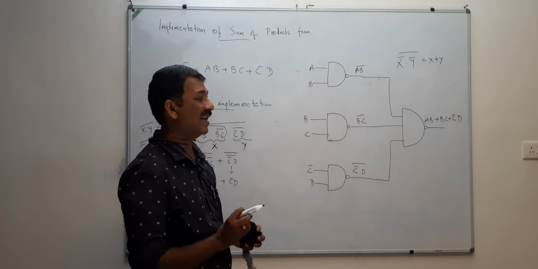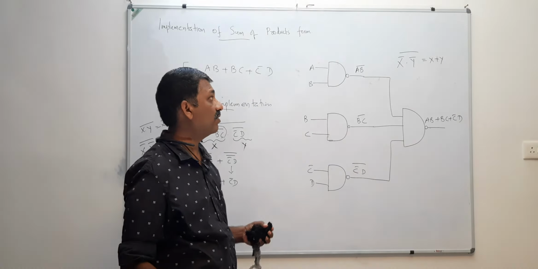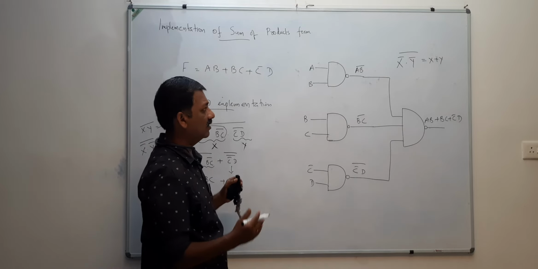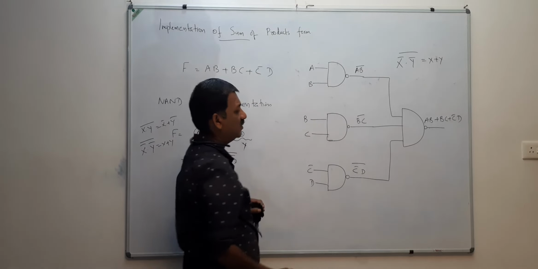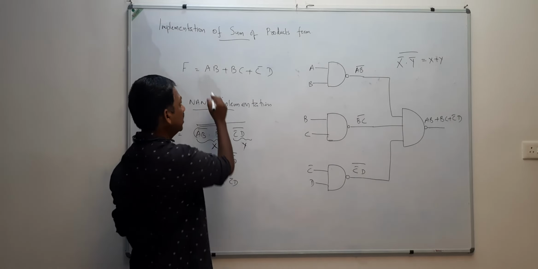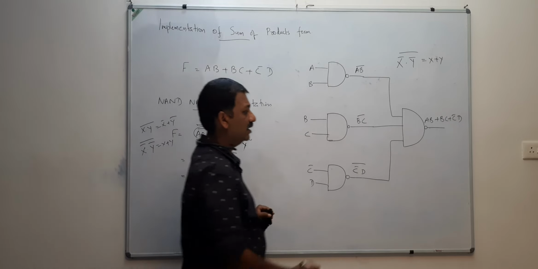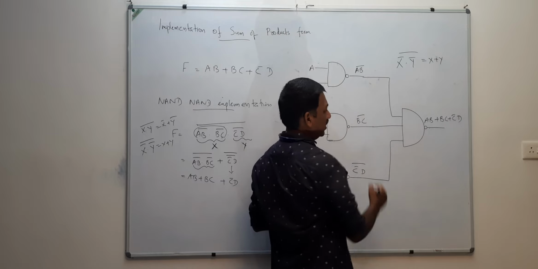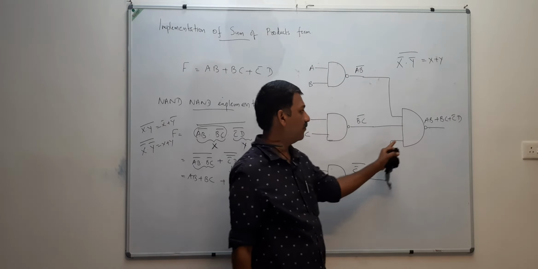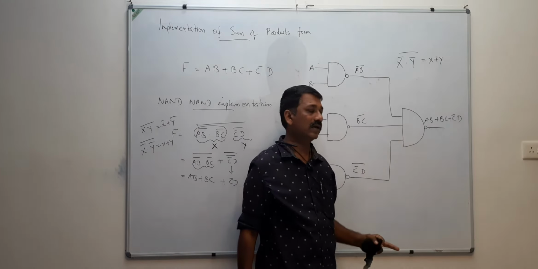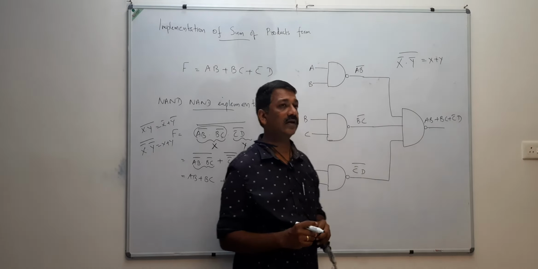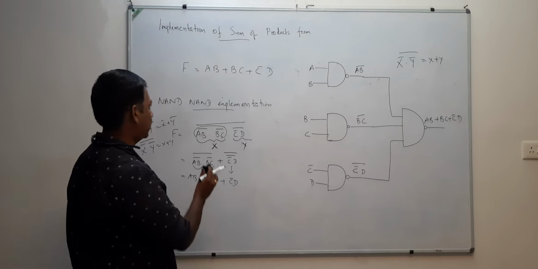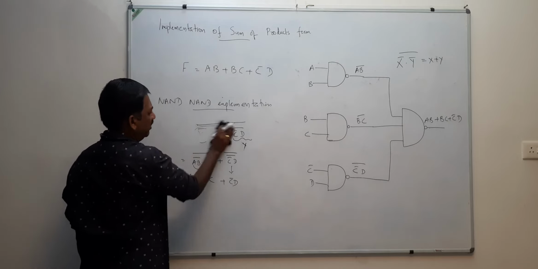That means this is the NAND implementation of sum of products form. That means in the first level you have as many NAND gates as the number of products, and finally you have a single NAND gate, and the output of the first level NAND gates are fed to the second level NAND gate, and the output of the second level NAND gate will be the sum of products. That is the NAND implementation of